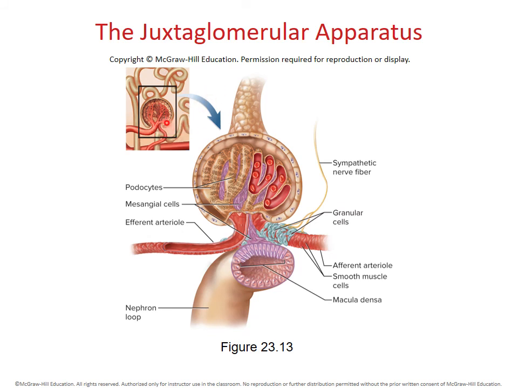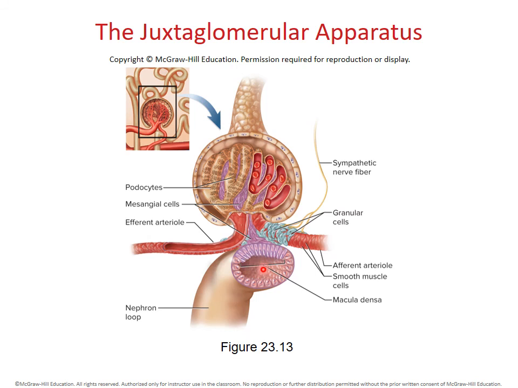So the juxtaglomerular apparatus is this region right here where that renal tubule comes back up and sits right next to the two arterioles. So we're focusing right on this region right here. And so this represents the ascending loop of Henle as it's becoming the distal convoluted tubule. And so remember what we said, if glomerular filtration rate is too high, fluid's going to be moving through here too quickly, we'll have too much sodium and chloride in